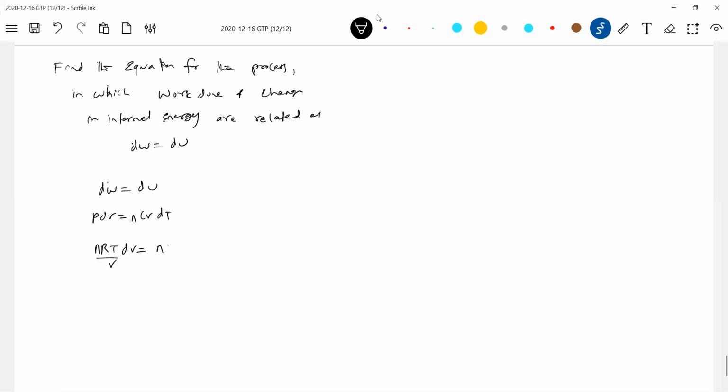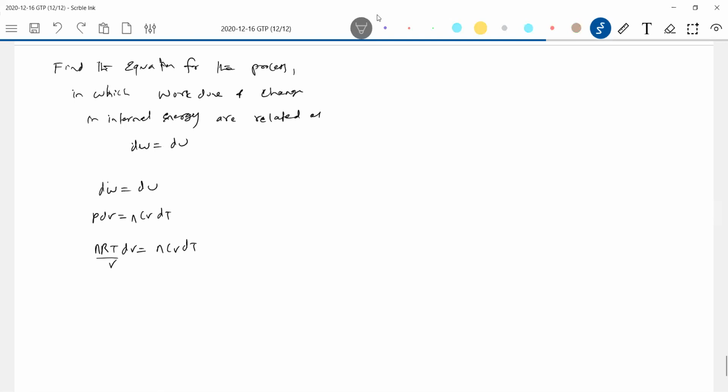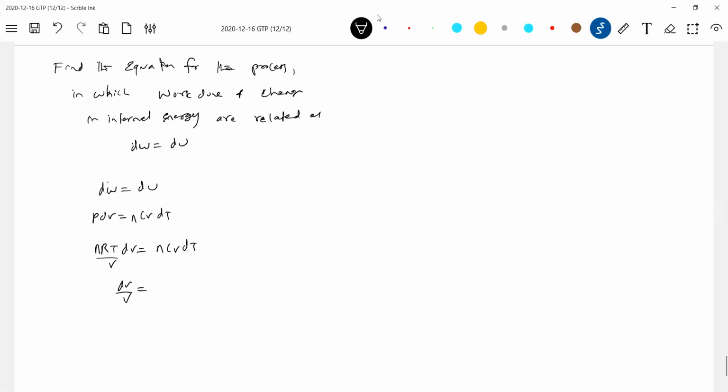Sir, we have done this problem, sir. dW equal to du we have not done, no? We have done, sir. Done? dq equal to 2 du. And this one is the same. That's what I see. I just wanted to tell that it's not an adiabatic process here. Okay, the same idea will come. If I write dW equal to minus du, it will become an adiabatic process.